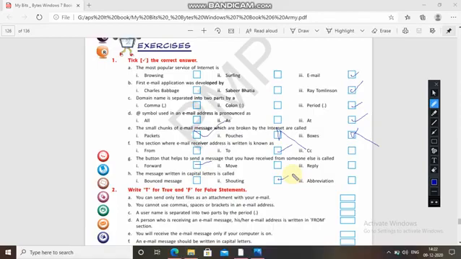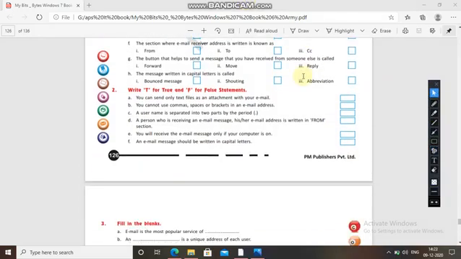Now true or false. Let's see. You can send only text files with your email.